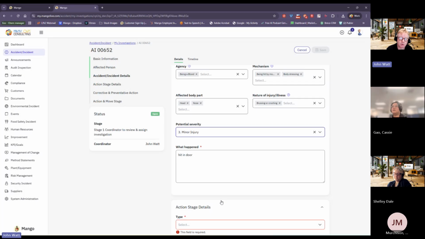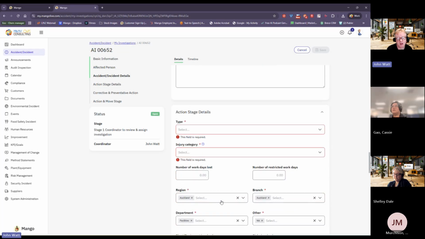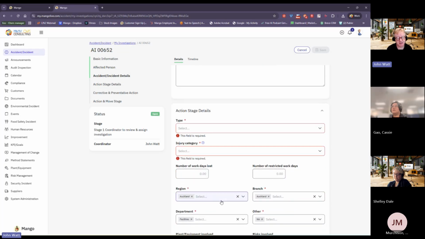Yes. So there's two stages to this. This is the first stage, the kind of triage, where it goes, right, who's the right person to go and investigate and figure this out? And so they get access to update what they need to. When it goes into the investigator stage, all those fields are locked, as you say, and they can only access the corrective preventive action side of things and root cause information. So it's that kind of stage and gate process.